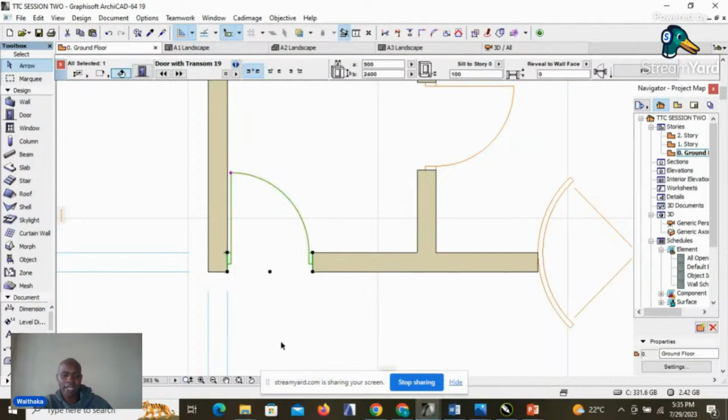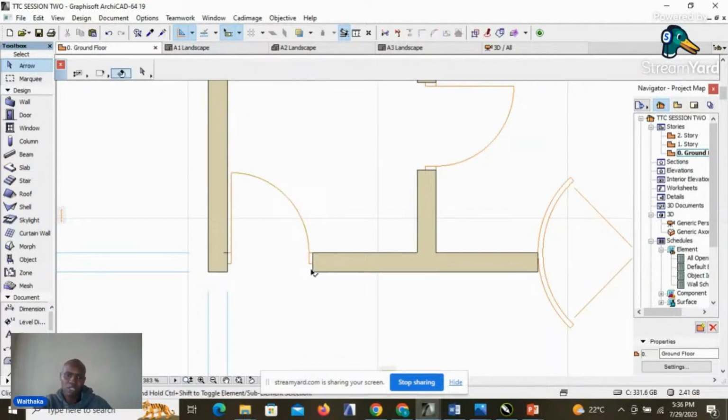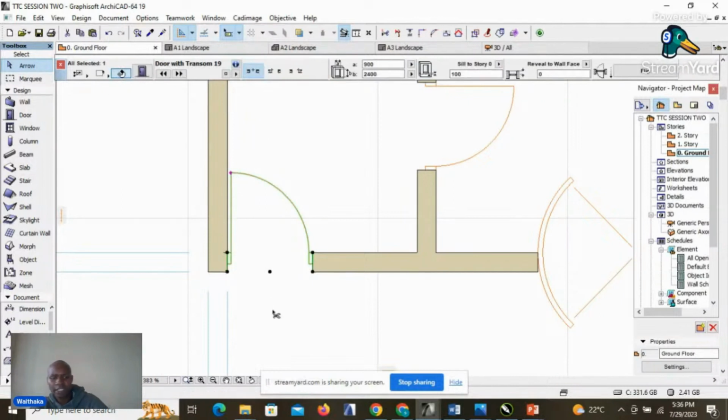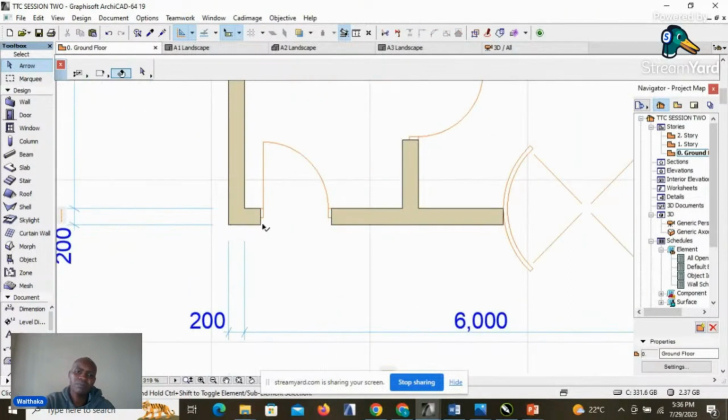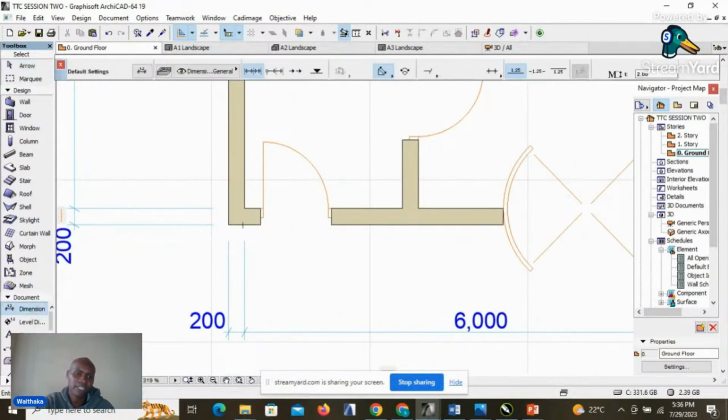So we just select the wall, we select the door, then we drag it, Control D, we click on the door, displace it a little bit, then we use the dimension command, Shift R, then we type 200 and press enter. So that door will be displaced exactly 200 millimeters from this wall, and we can check